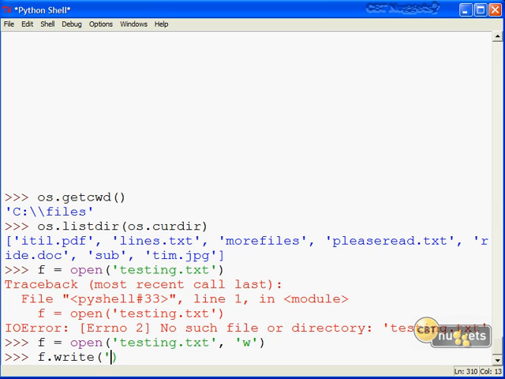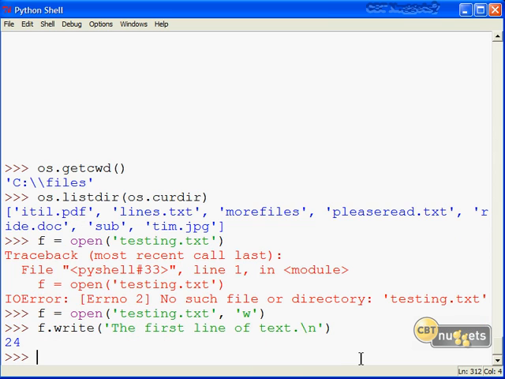And I'll pass in a straight string literal, and note that if I do want to do a line feed, I'm invoking that as part of my string with the \n escape character. You get back from the write function the number of characters that you've added to the file, and if you were to count up these spaces and these characters, you'd come up with 24. Now write is going to just do a line at a time, so right now we have just one line in our file, don't we?